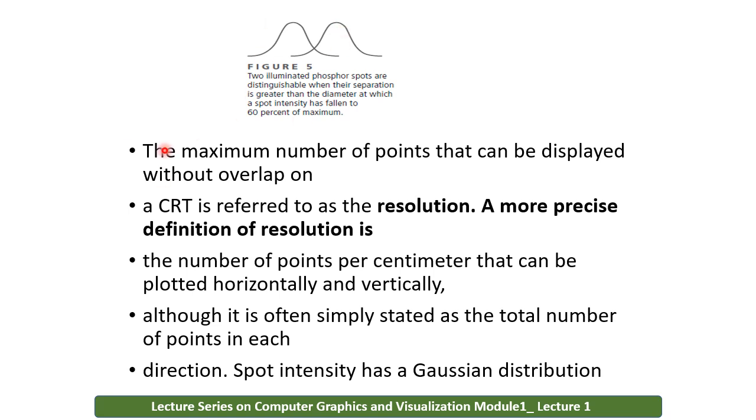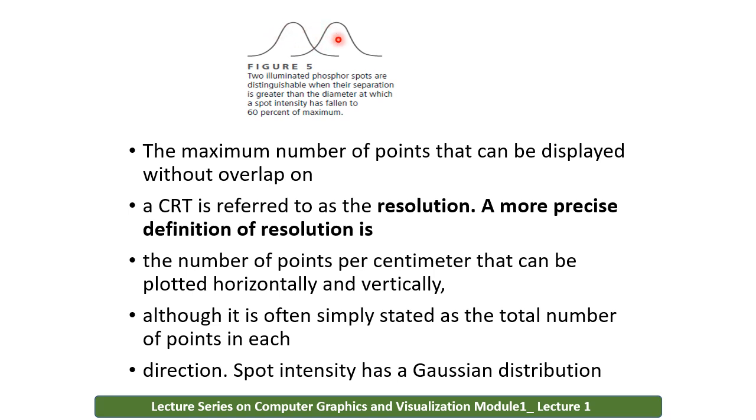And this is often simply stated as the total number of spotted points in each direction, and the spot intensity has a Gaussian distribution. So these are now two spot distributions. This is the example of two illuminated phosphor spots, and even these are distinguishable